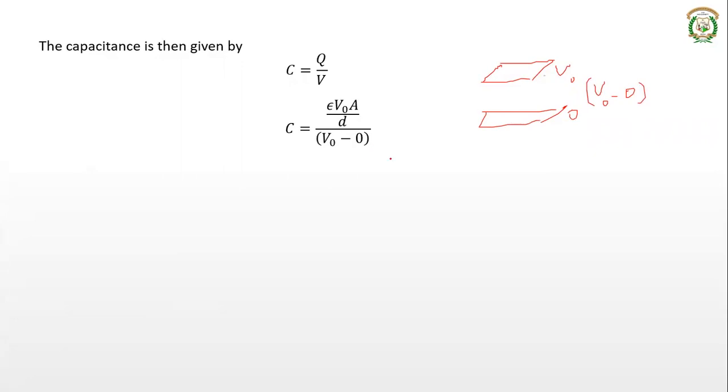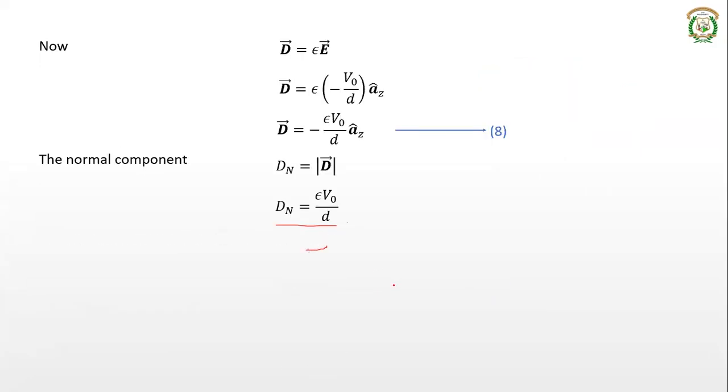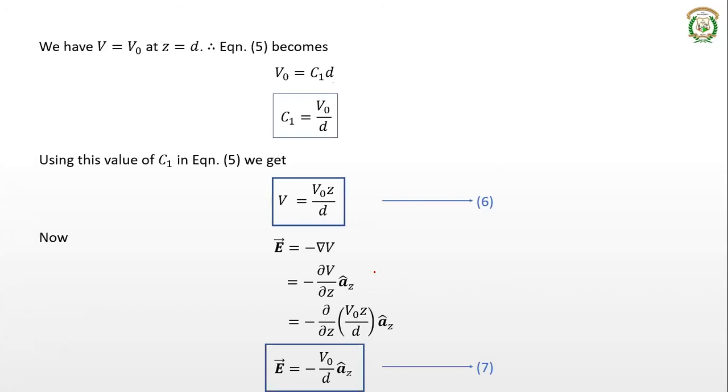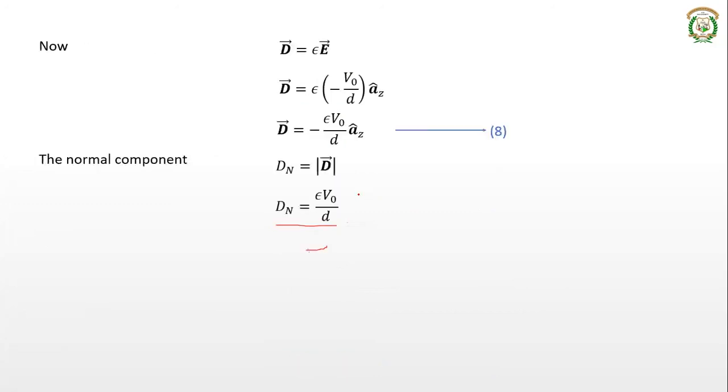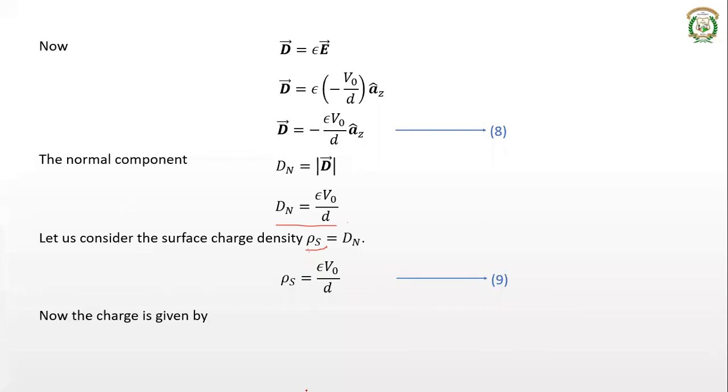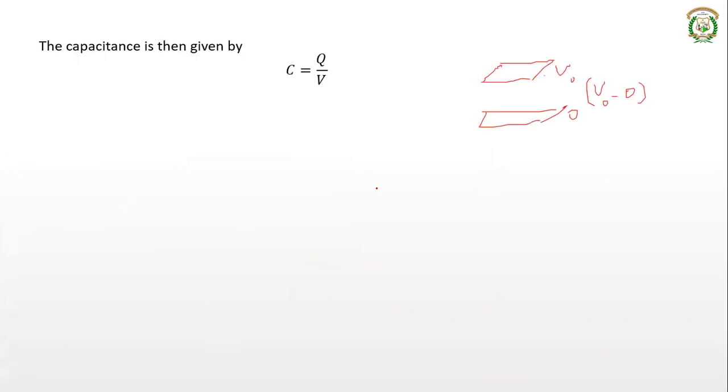So do not get confused and use the equation for the V. Here you have to use the potential difference between the two plates, whereas the potential V that you found earlier is the potential at a point at some distance in between the two plates. This is different. But what you are using in the capacitance equation, V, is the potential difference between the two plates. So it has to be V naught. One plate is at V naught, other plate is at 0. So the potential difference between the two plates is V naught.